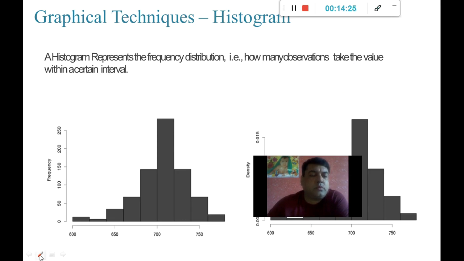If you see over here, it is a frequency distribution, meaning from 600 scores up to this bin size. These are called bin sizes, right? A certain interval is nothing but my bin size.